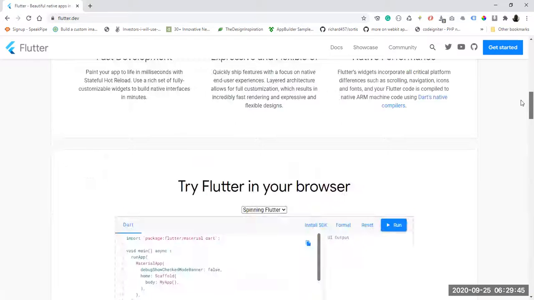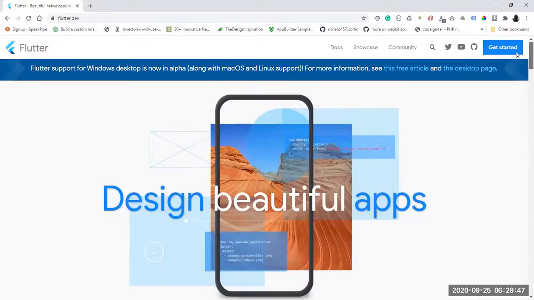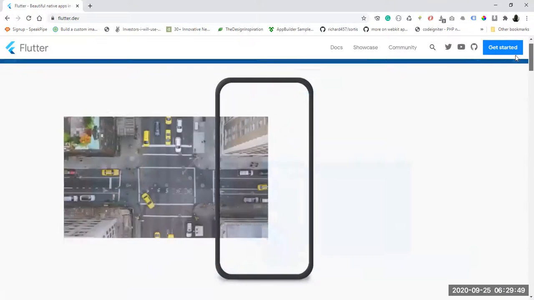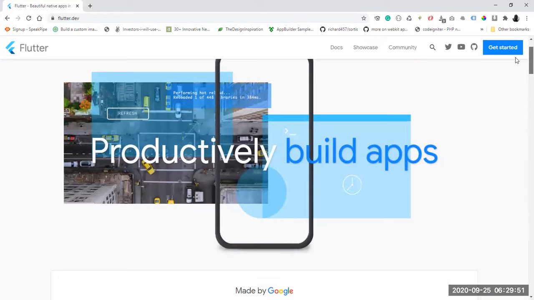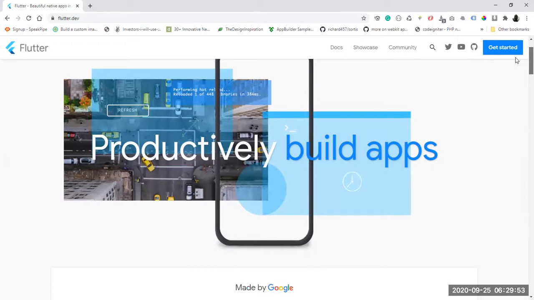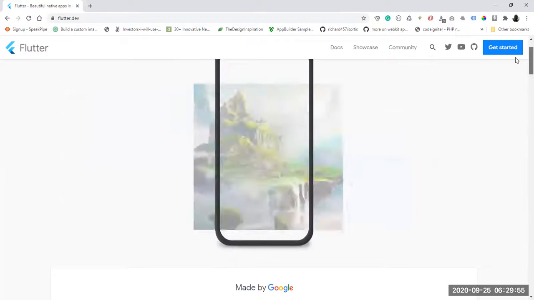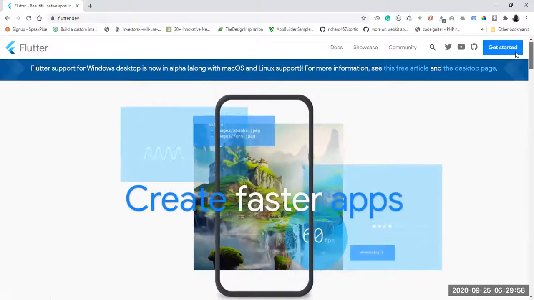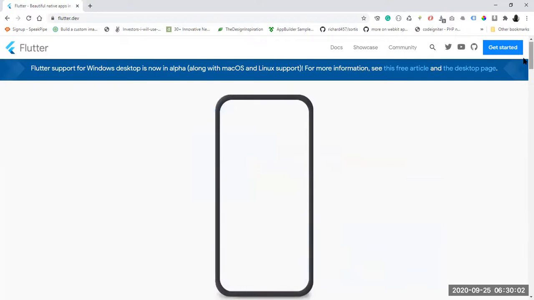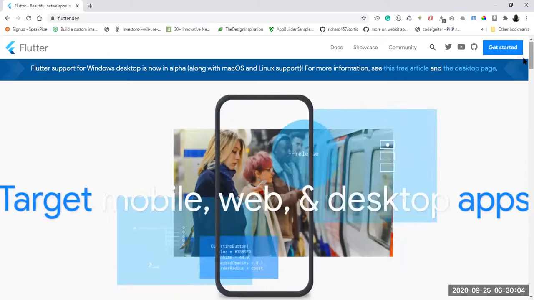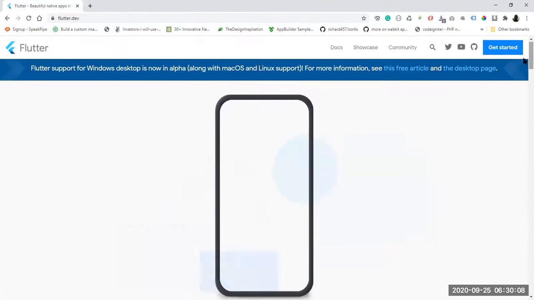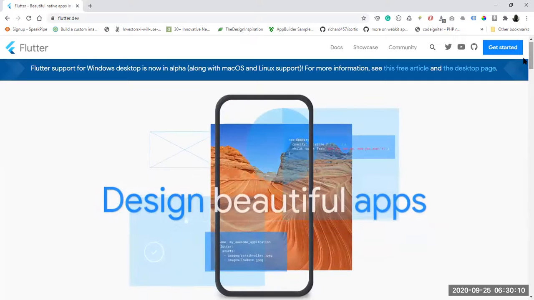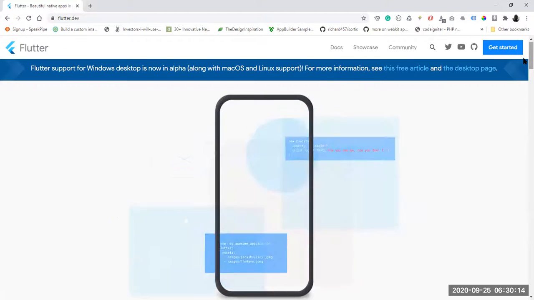I can show you exactly, their mantra, their belief is productivity. That's the core belief of Flutter. If you have a startup and you want to maximize the burn rate of your cash, and you want to make sure that you can ship the product as fast as you can.